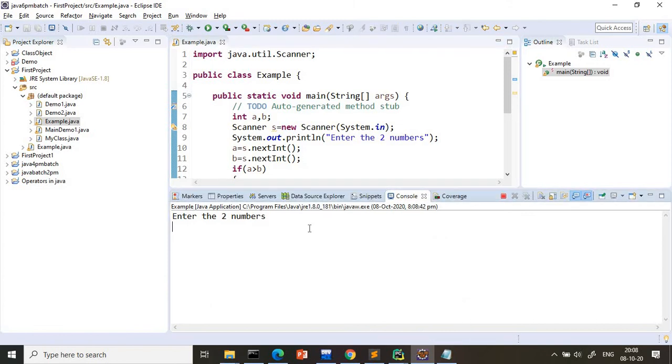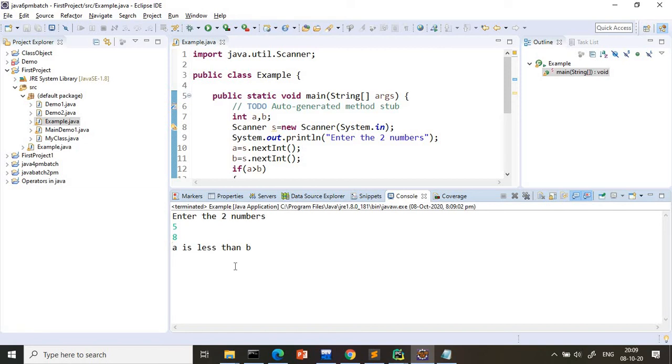Okay. I am giving here, suppose, first value is 5 and second value is 6. So A is less than B, because A is 5 and B is 6. So let us give the reverse output. First value I am giving 10, second value I am giving 5. Again, the same thing. Just reverse, I need to give it here. First value should be smaller and second value should be bigger. Now A is less than B. So the output is changing here.